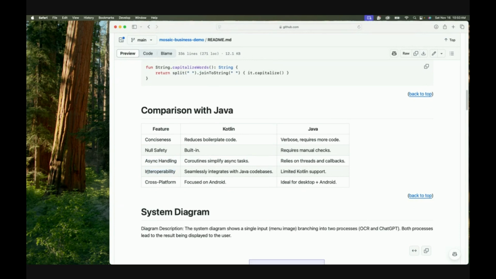What that means is you can literally build your whole app in Kotlin, and if you want, you can add some Java code to it, and it won't break it. You can also convert Java code into Kotlin, that's super easy. And then it's cross-platform, right? But one thing to notice is that Kotlin focuses on the Android ecosystem. That's what they built it for. Although it's cross-platform, it will give you more power when you're building apps for Android, while Java is everywhere,